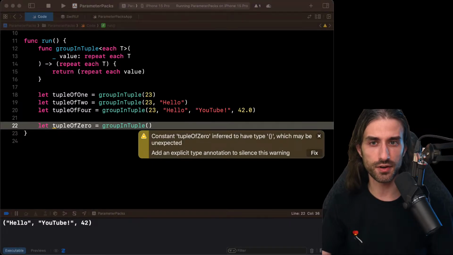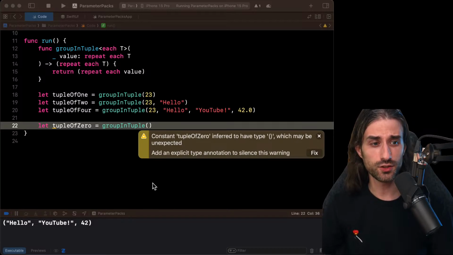Think, for instance, of SwiftUI. In SwiftUI, you are allowed to provide 0 child views to a view. You can declare a VStack or an HStack that is empty, and actually ViewBuilder will automatically transform this into an empty view. But there are also cases where you might not want that. For instance, if I remember it correctly, still in SwiftUI, the scene builder, so where you declare the scenes of your app, you are not allowed to provide an empty number of scenes because it doesn't make sense.